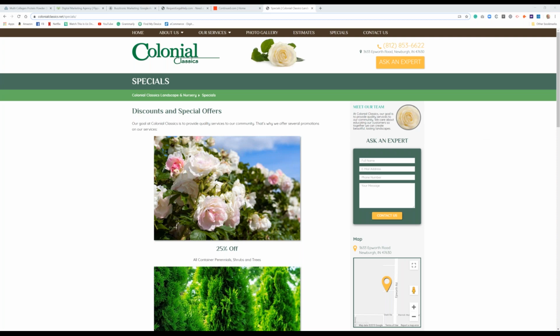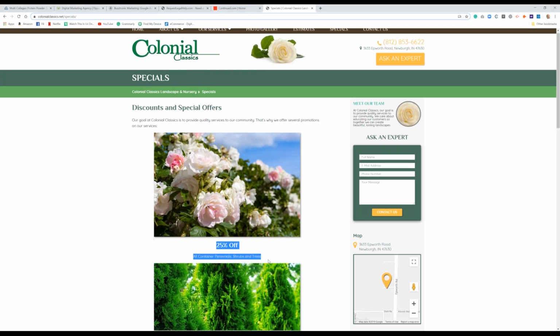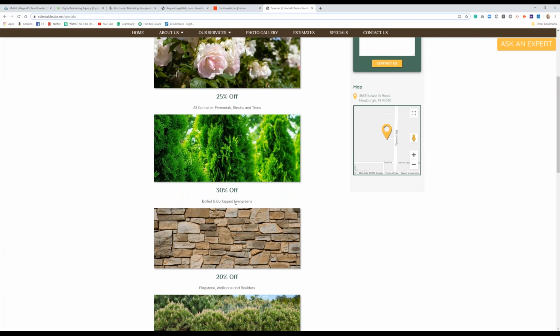Maybe the only thing I would say here, the 25% off sort of sits right in the middle between the two images. Visually, once you start scrolling, it's like, wait, are the shrubs 25% off, or is it the thing below it that's 25%? Right. So when you see it right here, for example, is it the stuff above or the stuff below? Yeah. You might want to actually incorporate that into the images. That's one way to solve that problem.